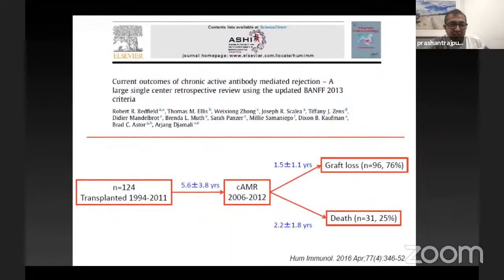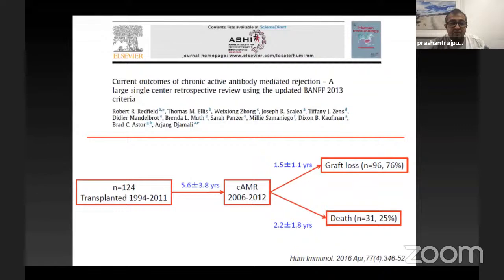As far as the treatment outcomes of chronic antibody-mediated rejections are concerned, there's a very high chance of graft loss. The mean time to graft loss in this study was about 1.5 years. About 96% of the patients lost their graft, and the time to death was about 2.2 years, where about 25%